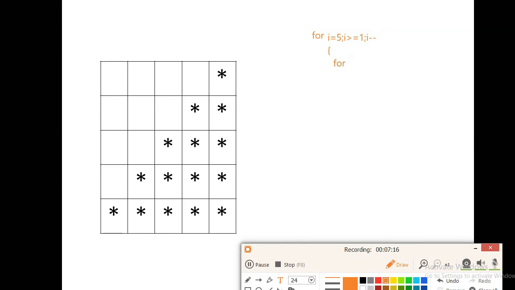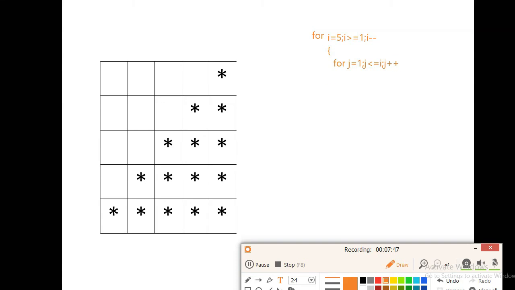For j equal to 1, j less than or equal to i, j plus plus.